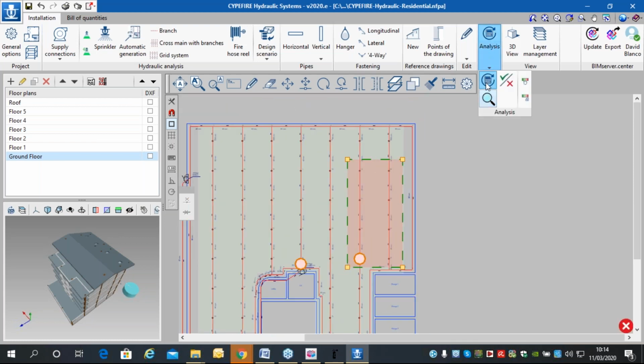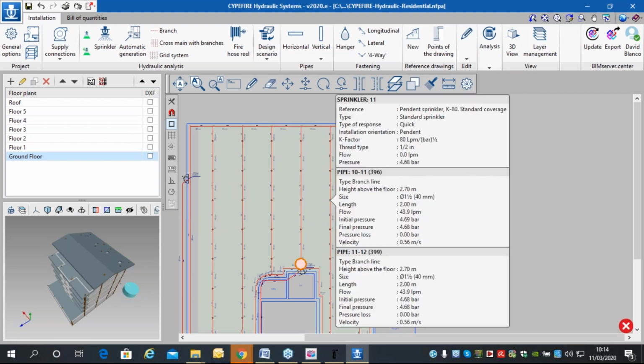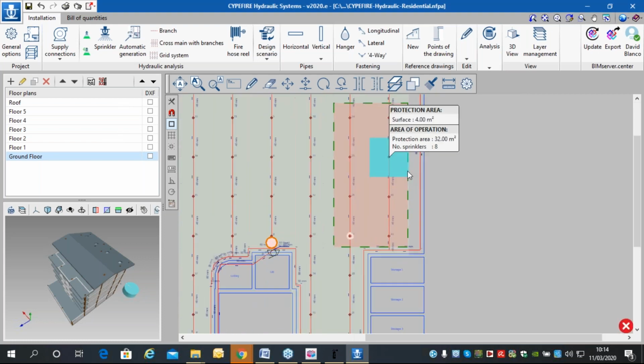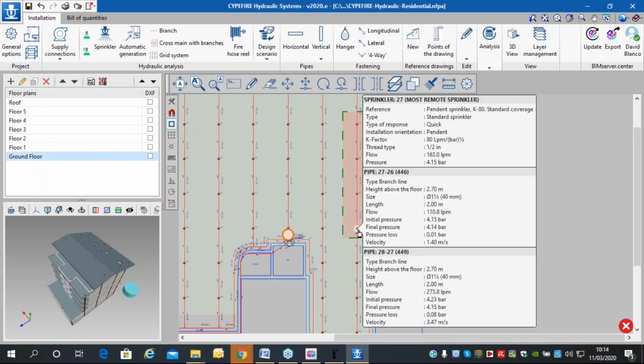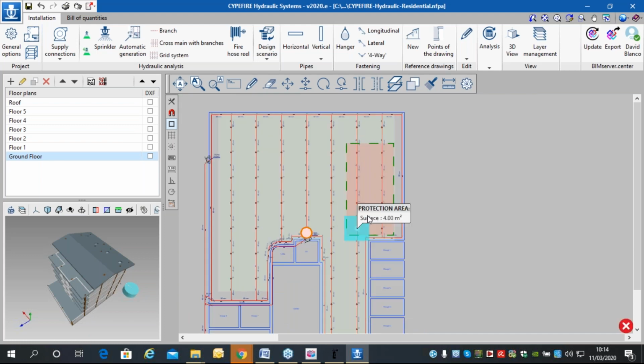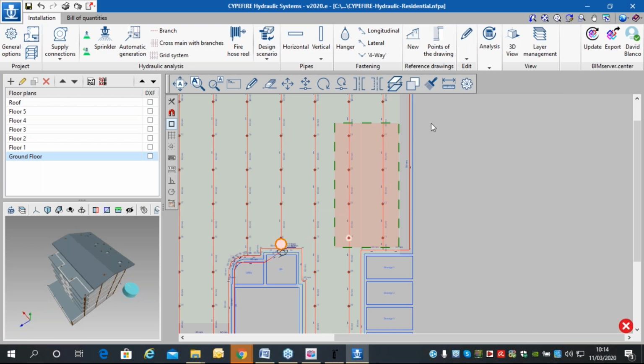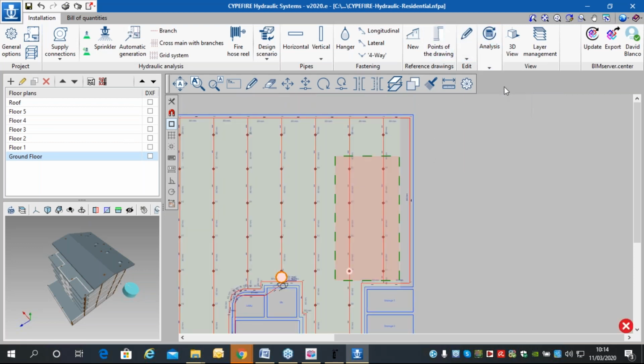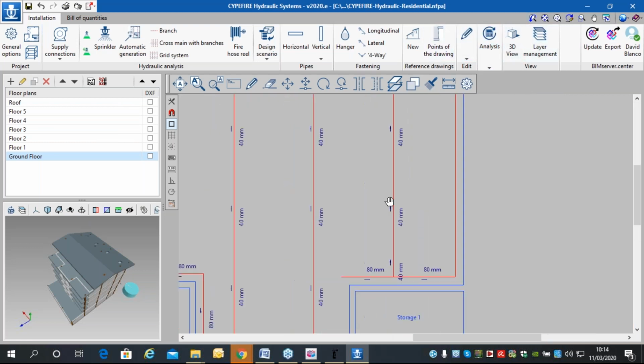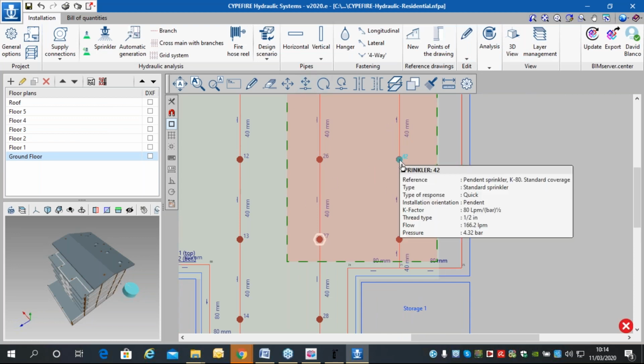So I analyze it again, and the software is going to analyze. This error has disappeared because this is the worst case sprinkler of this network, and the errors have disappeared. Now, if I consult the checks with this icon, for example, if I go to this, open the sprinklers, if